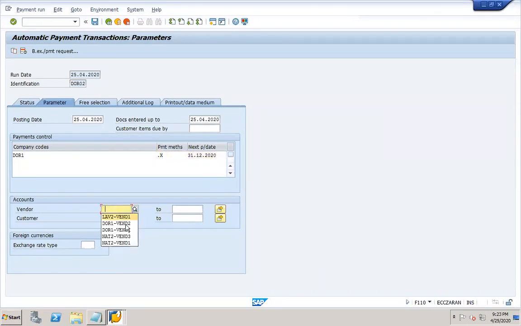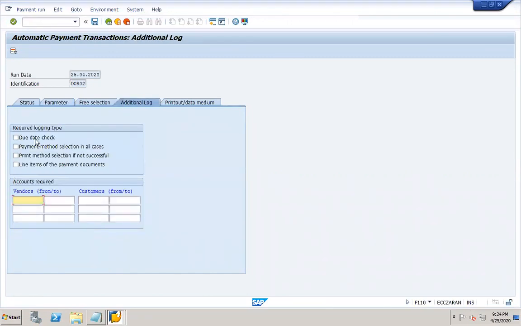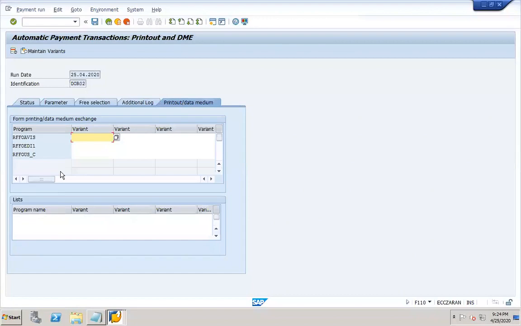Now I give the vendor name, I give the customer name, don't give anything in the free selection, give the customer also. So you anyways know how to create the payment medium. You give the